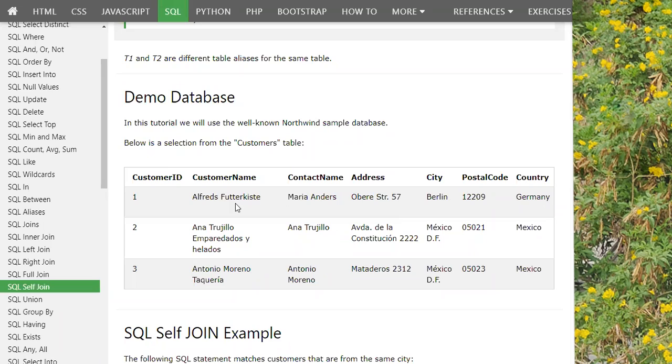Or you can use percent rather, whatever version you are using, whether MS SQL or SQL Server, it depends. You have to put a wildcard as percent or star.